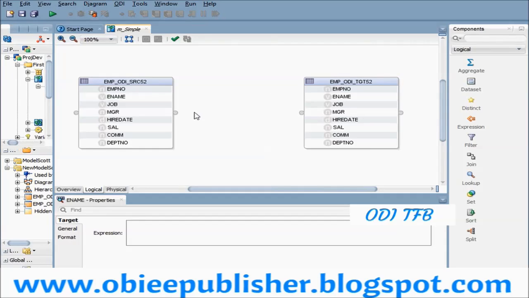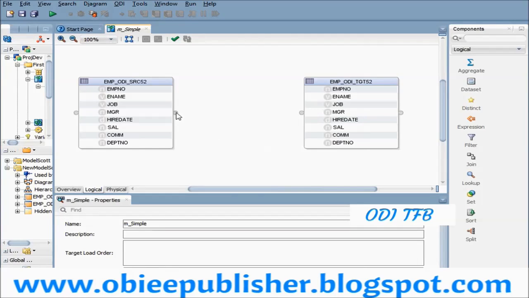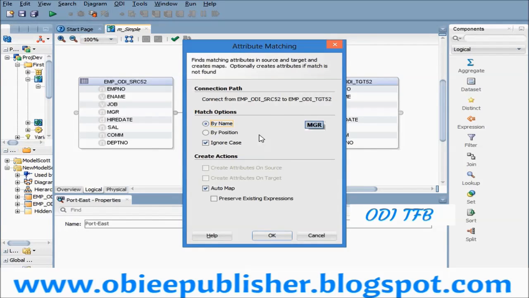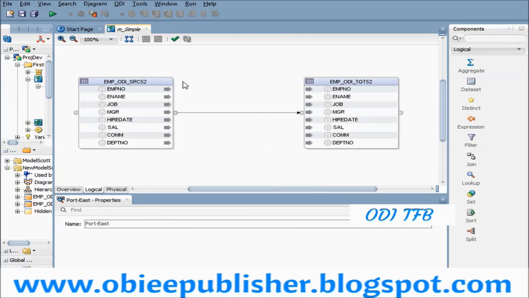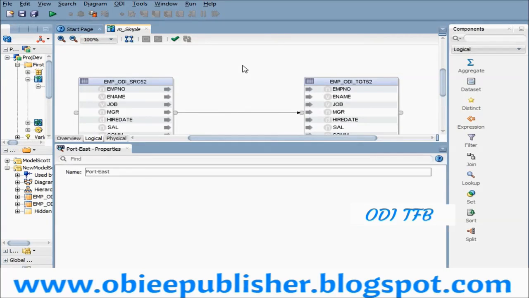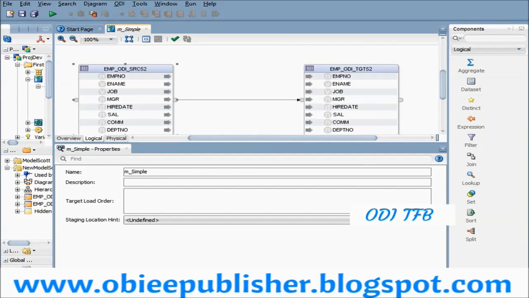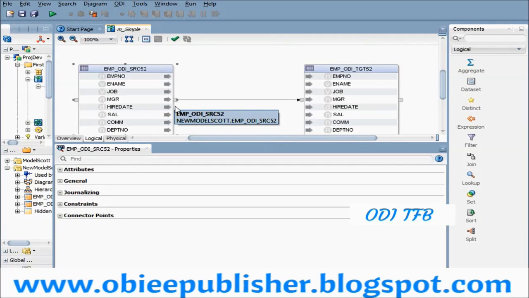Now here also I'm going to do the same thing. I'm just going to link from here to here. It will automatically take the data and link from here to here. Then we will finish. We have already done this, I'm just repeating it. By looking at the link, ODI now knows that this table is a source because your arrow goes from left to right. You are planning to read.